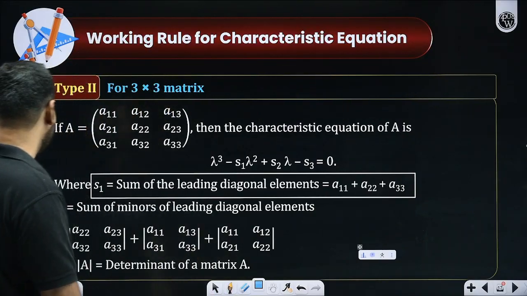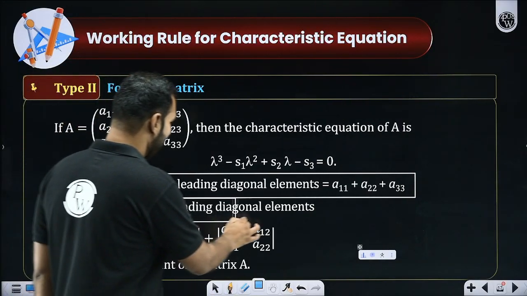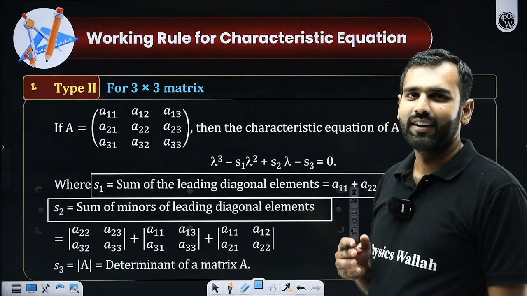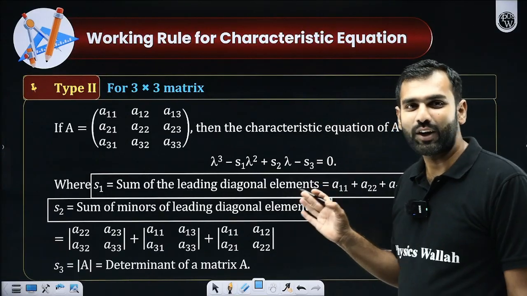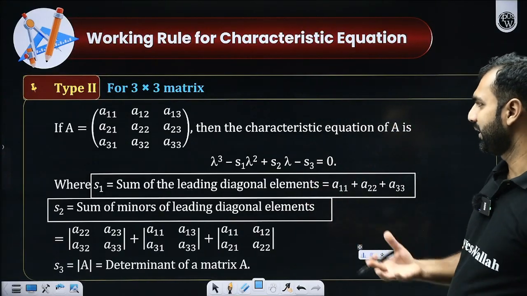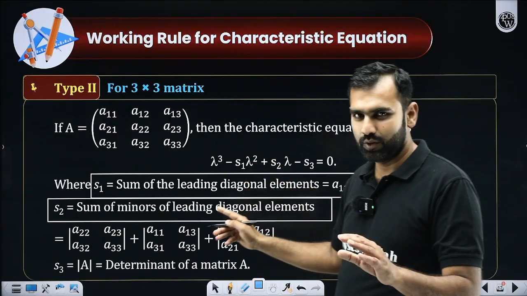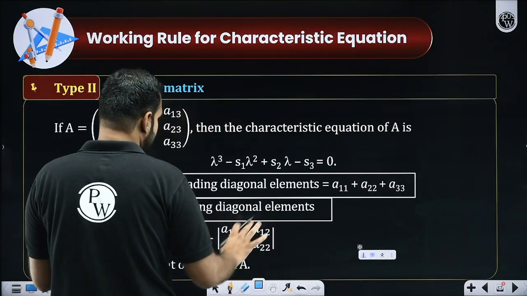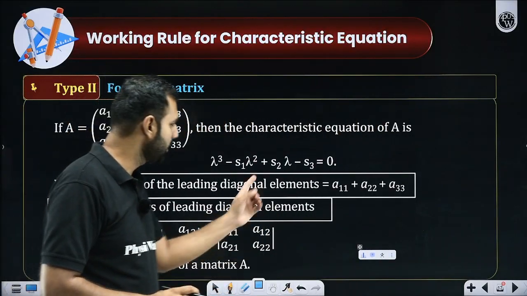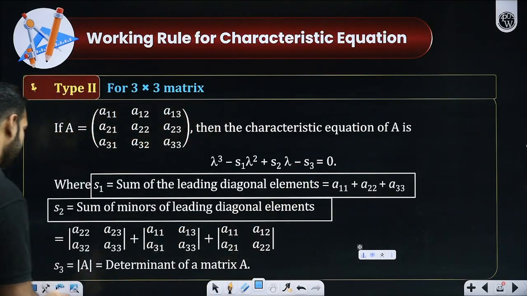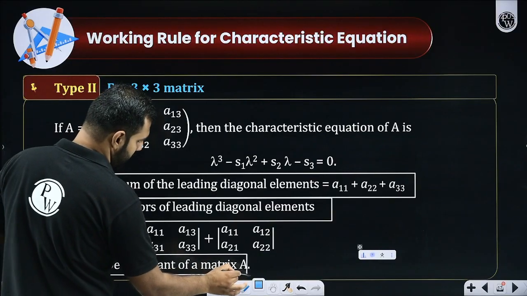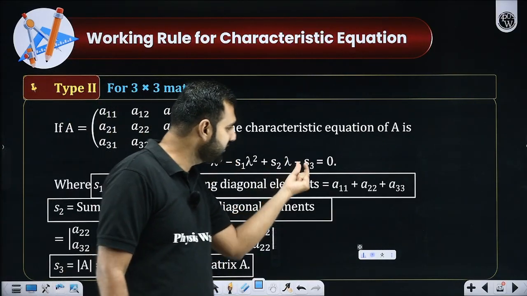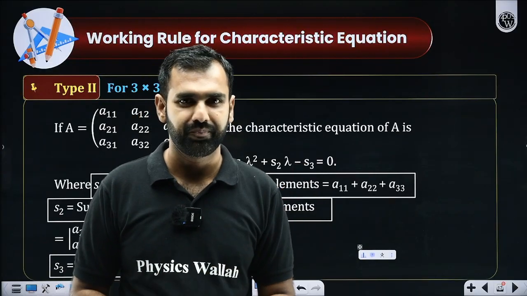Okay, so next statement is sum of the minors. Where was I? I lost the track of the class. I was explaining you the characteristic equation, the matrix polynomial of a 3 by 3. So I told you S1, sum of the leading diagonal, which is trace in our language. What is S2? I'll explain that later. I'm skipping it right now. Let me talk about S3 first. What is S3? S3 is always your determinant. So I repeat, this entry will always be trace. This entry will always be your determinant.